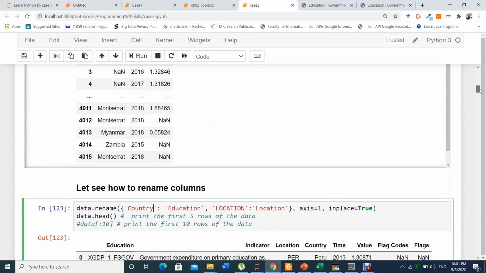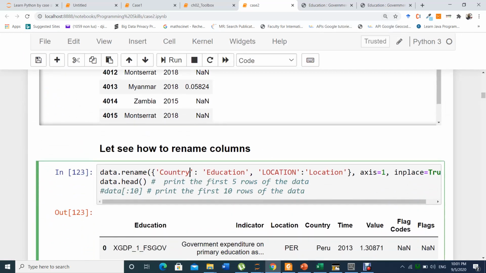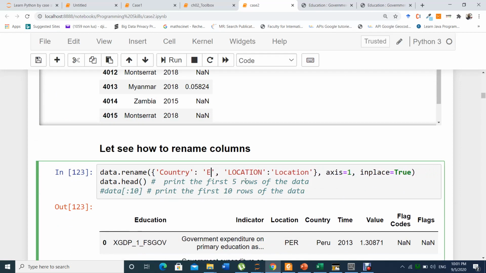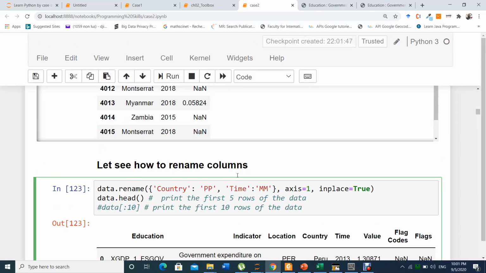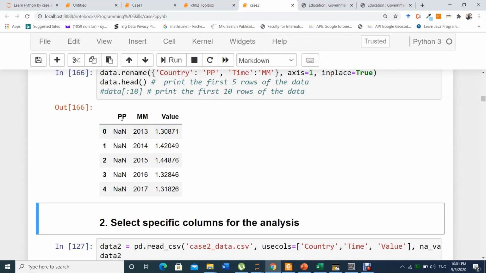Okay, let's zoom in. Rename country, for me, is for example PP, and rename time, for instance, as an example. So when you run it, you will see, okay, let's run it to see. You see country is renamed as PP,